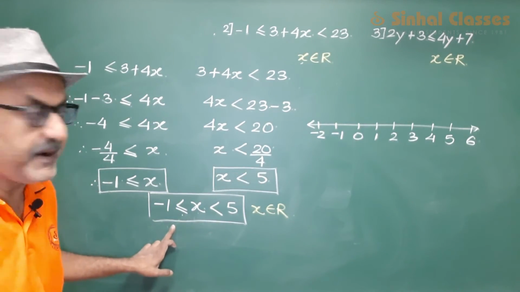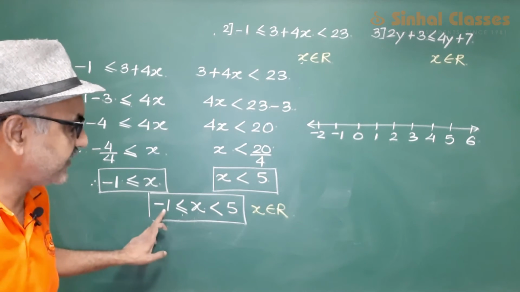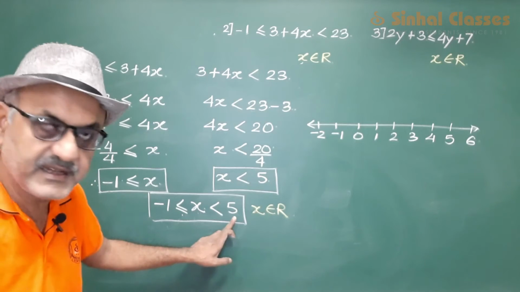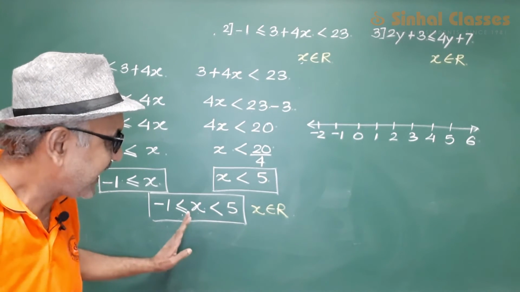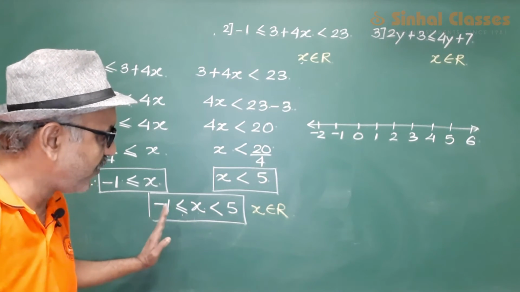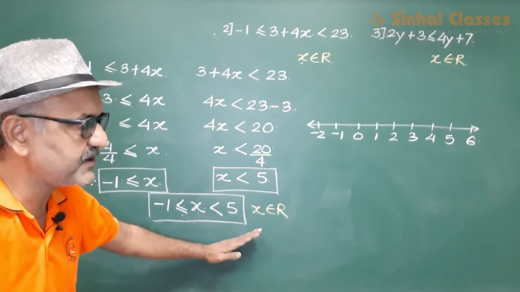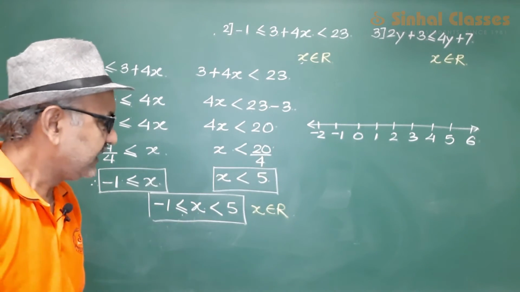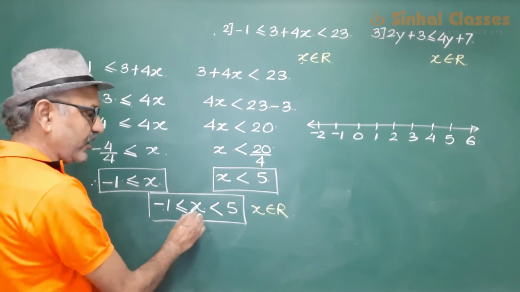You must have observed by now, what I normally do is, suppose if I have a number x greater than or equal to -1 or x lesser than 5, what I do is, I take one or two numbers more on the left hand side and one or two numbers more on the right hand side. That is the right way of drawing a number line. Then x greater than or equal to -1.